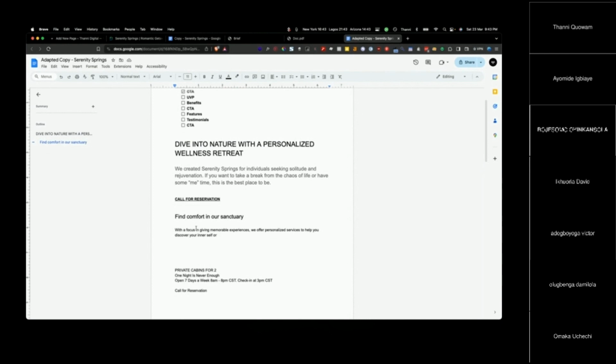Is it "focus on giving memorable experiences," or "with a focus in"? Okay, focus in. I don't want us to check anywhere online, so let's just work with it. If it's wrong, you can check online yourselves. With the focus in giving memorable experiences, we offer personalized services to help you discover your inner self, or